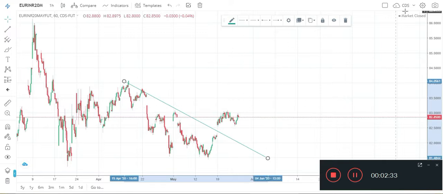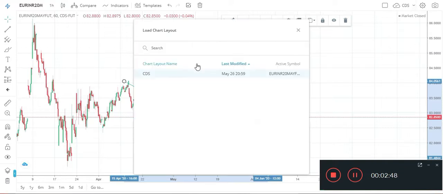Now remember, if I open Kite in my browser, in my Android application or in any browser from a different laptop, and when I try to load this layout, I cannot load CDS from another device. So this is the major problem with Kite.